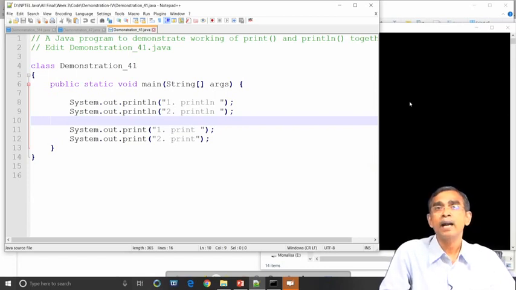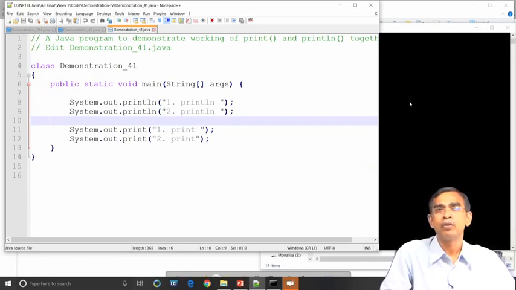For the first two printlns, the cursor automatically goes to the next line. For the third, which is only print, the cursor will not go to the next line. It will remain in the third line itself, and similarly for the fourth, the cursor will remain in the same line.